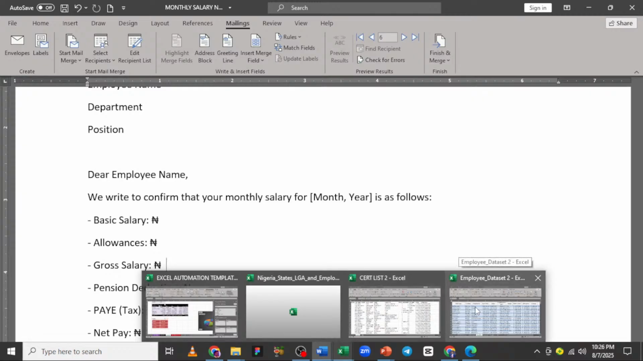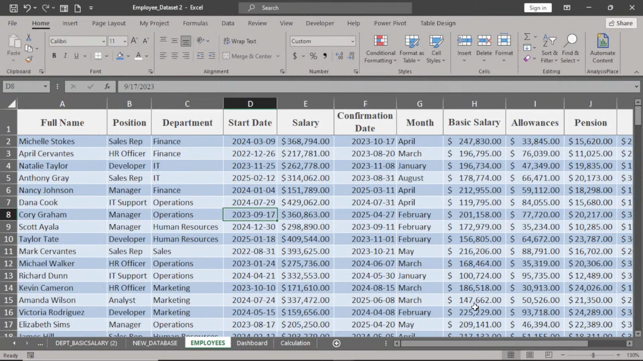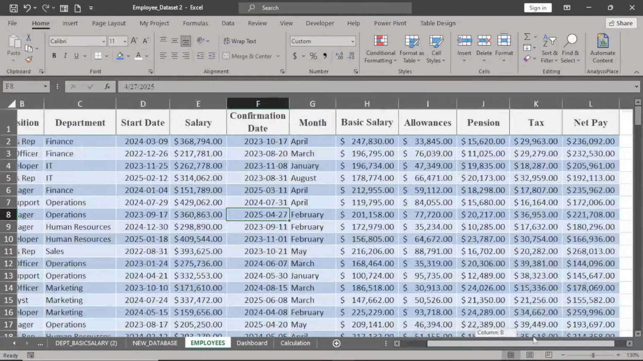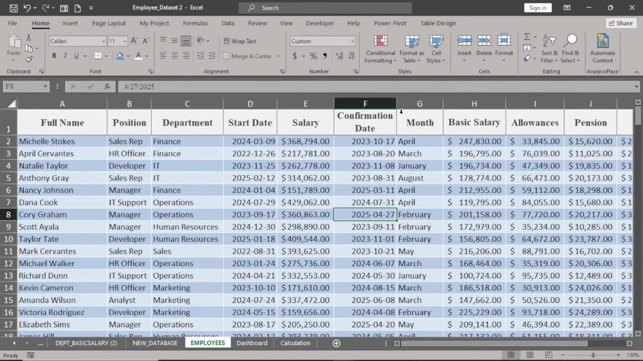Let's say this is the employee payroll, which I renamed employees. This is the summary of the payroll prepared. We see the confirmation date, we see the summary of the employee details payroll prepared. We have the basic salary, we have the allowances, we have the gross, we have the pensions and what have you. Now, we have saved this list in our Excel sheet. The thing we do